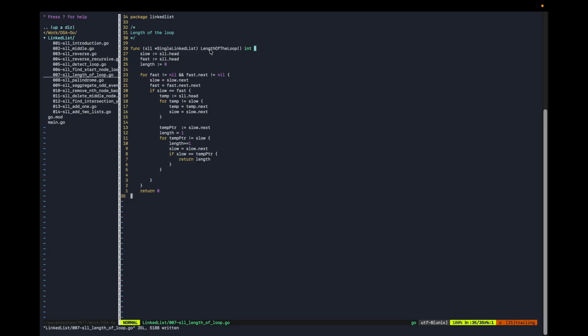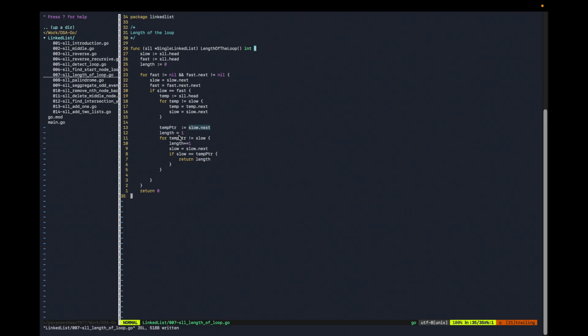So we have seen the explanation of finding the length of the loop. Let's see how we can write the code for it. It's simple, same as slow and fast, and we'll initialize the length to 0, and we'll loop here and go 2 hops forward. If slow equals fast, then that means we have found the loop, and then later we'll find the starting node. After finding the starting node, we'll keep a temp pointer which will be pointing to